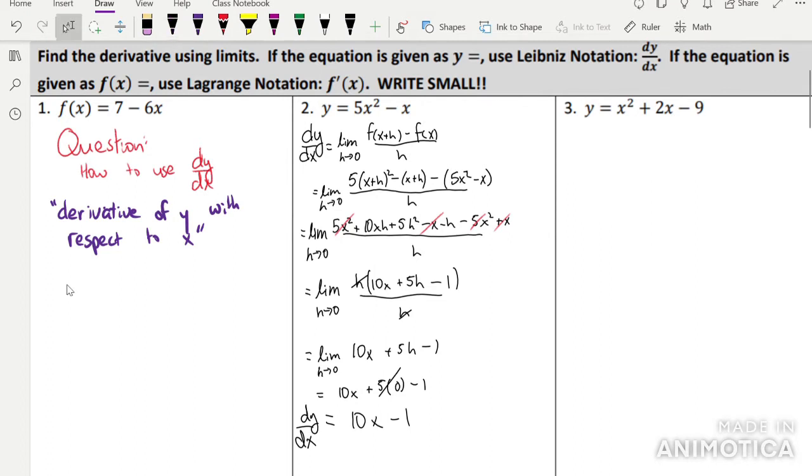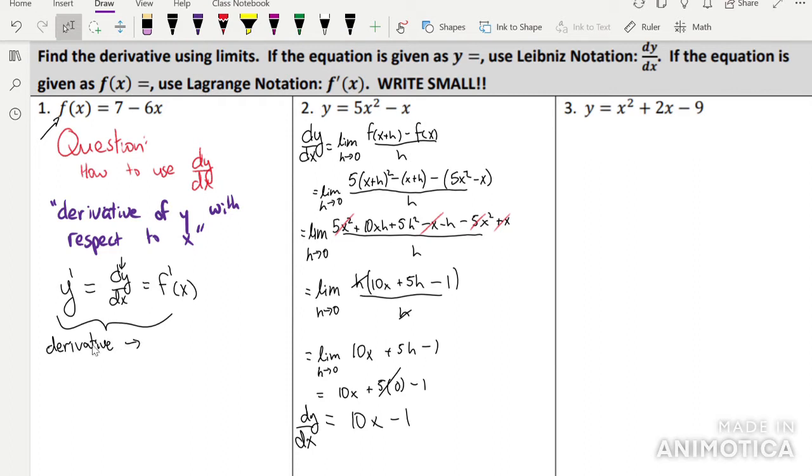Now, you'll see several different types. You'll see y prime. This is the same thing as saying dy dx, which is the same thing as saying f prime of x. It just depends on how we write the notation to start. So when you write a question, instead of f of x, you write it, say, like y equals 5x squared minus x. This is a function of y, so you're taking the derivative of y with respect to x. If it's a little bit more general, like we don't have a second variable, like if it's a function, we would write f prime of x. So just keep in mind that all of these are referring to the derivative,